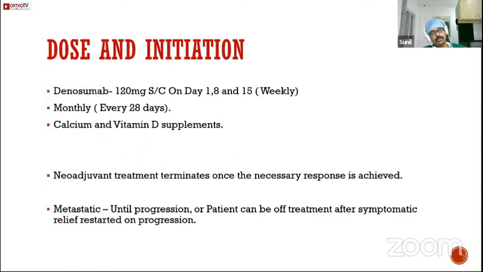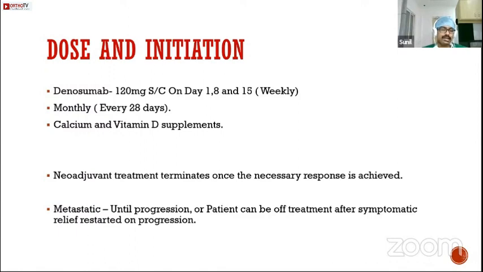Neoadjuvant treatment. So, how long should this treatment go on? If you are thinking in terms of neoadjuvant treatment, you should assess the patient periodically, and the treatment terminates once the necessary response is achieved. That is, if you are giving it for converting an unresectable lesion to a resectable lesion, then once you think you have achieved your goal, the neoadjuvant treatment should stop, which is usually between 3 to 6 months